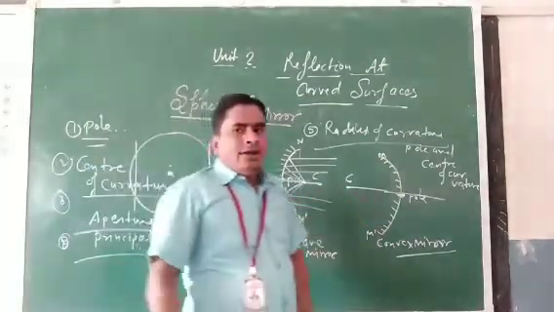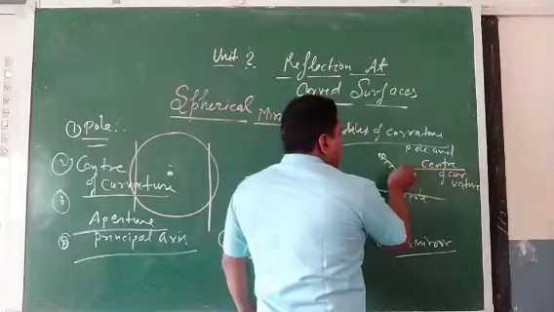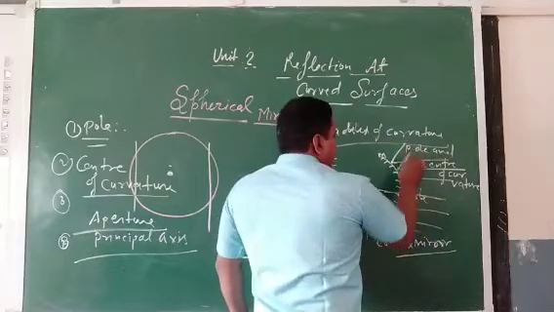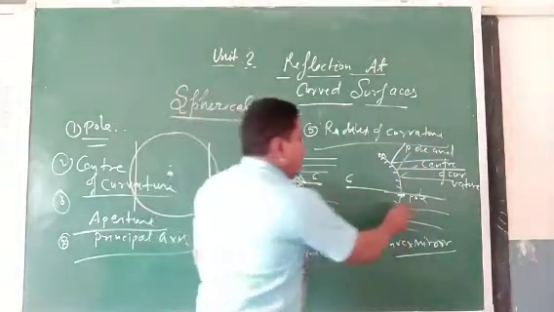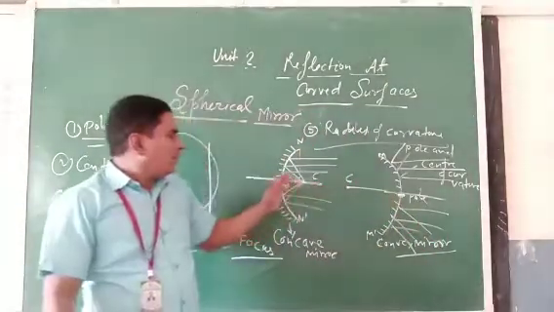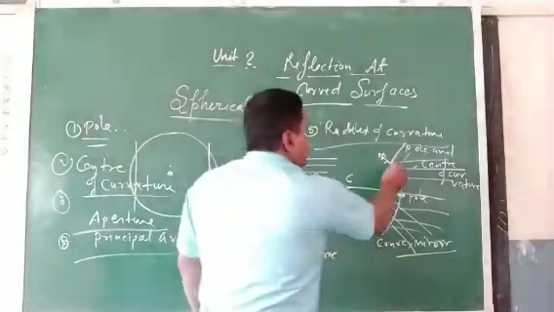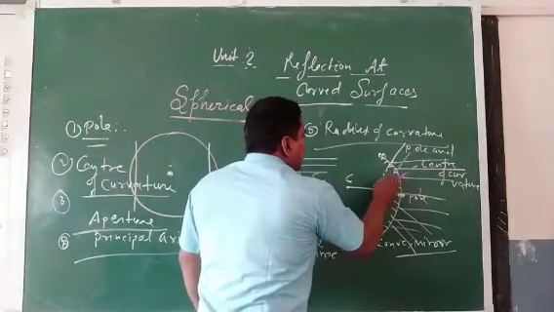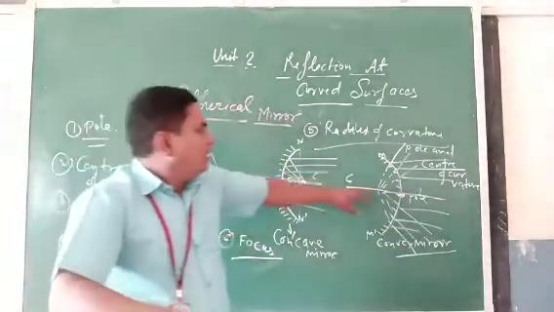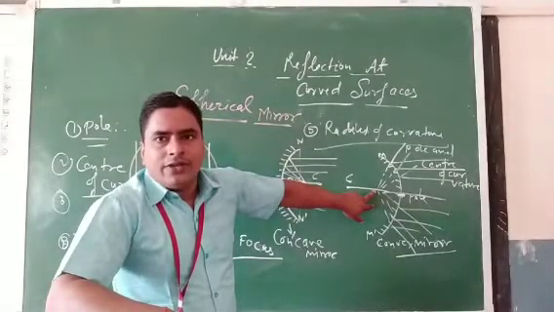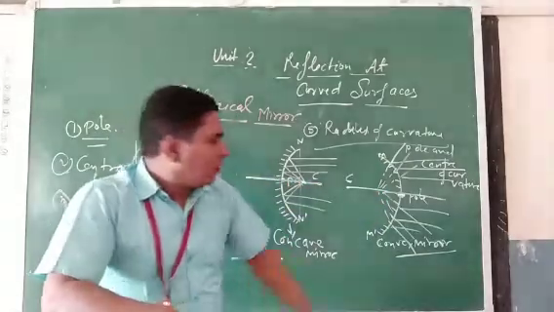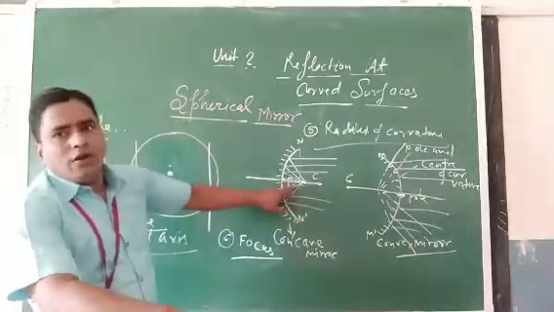Clear? In the same case here, when the light ray goes parallel to the principal axis from the source, here convergence takes place, and here divergence takes place. A divergent beam is passing through here and a convergent beam is passing through here. So after reflection, they appear to meet at a single point on the principal axis after divergence and after reflection. That single point is called the principal focus of the convex mirror, and here, of the concave mirror.